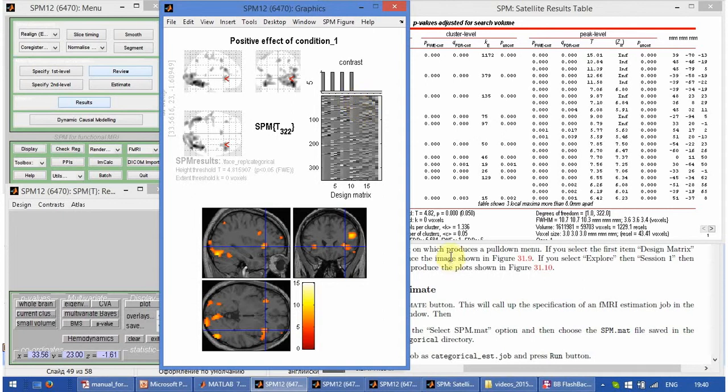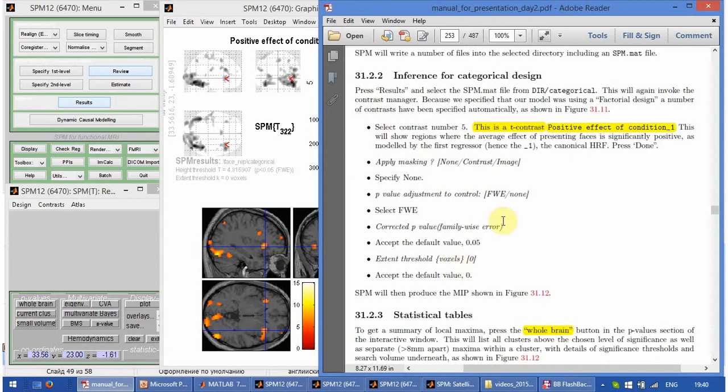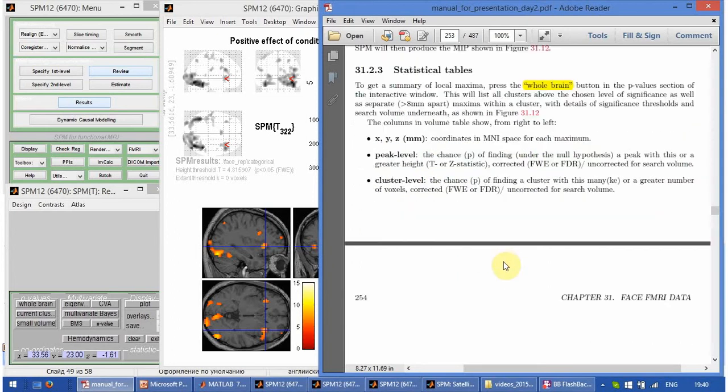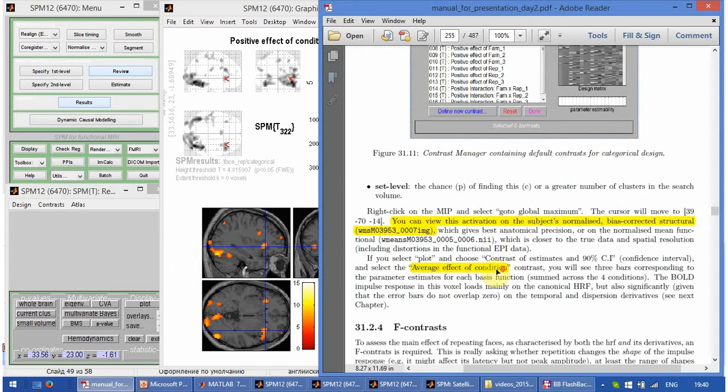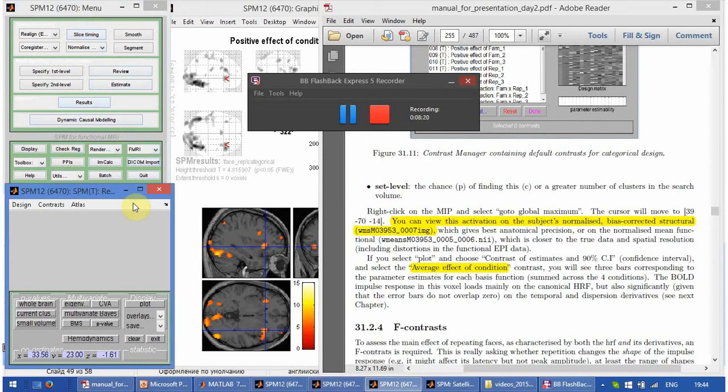And probably next in the manual they will propose something to compare the conditions and to test the impact of the factors. That's why we did factorial design. So this is what we see at the moment. Statistical tables is something we've already discussed. They propose that we can plot the response with confidence interval. It is proposed that we can plot average effect of condition. It will give us 3 bars with confidence interval error bars